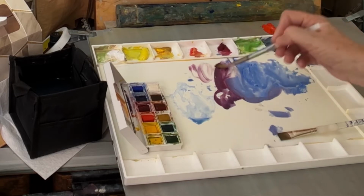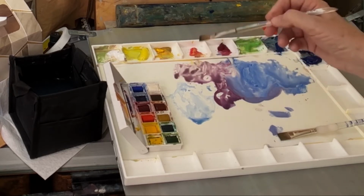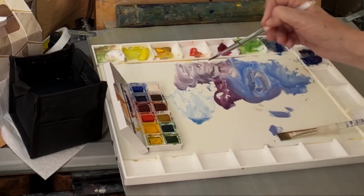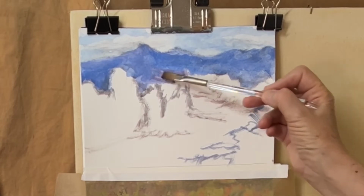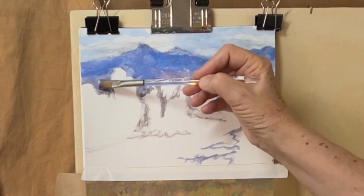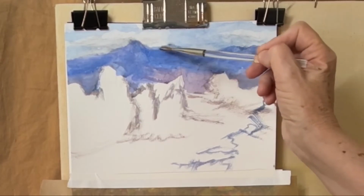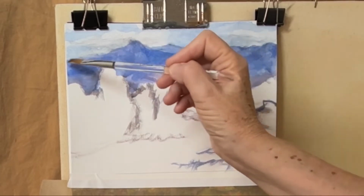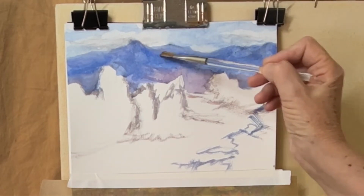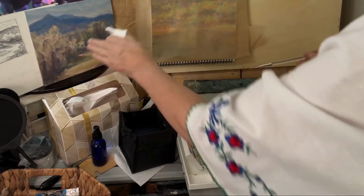I've got a little bit more of this purpley tone, and I'm adding a little bit of my light yellow to it for some of this, and then I want some of that blue in there. So, and then a little bit of the white because I don't want it getting